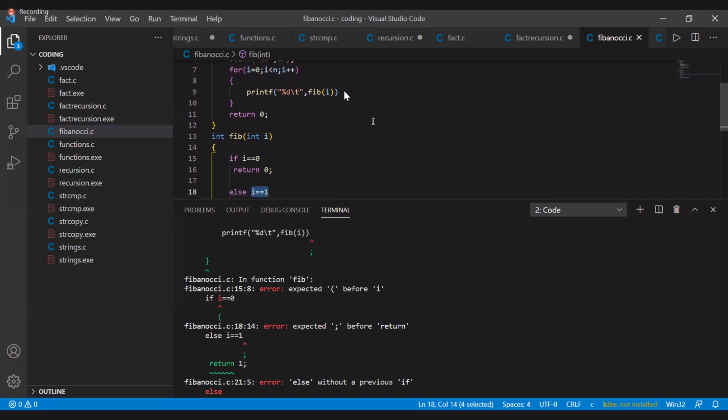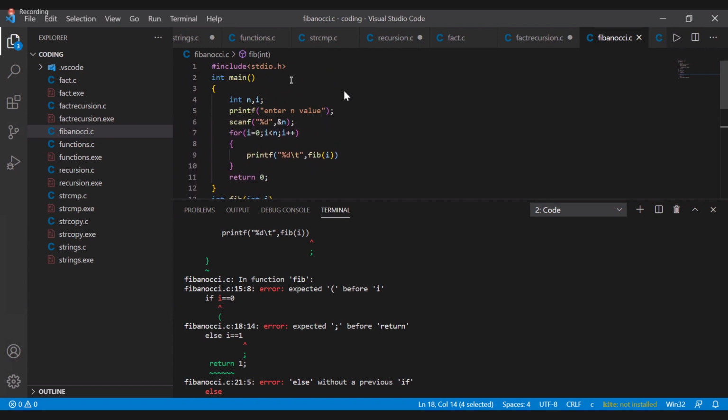Have you declared the fib function? One second. You did not declare the fib function.